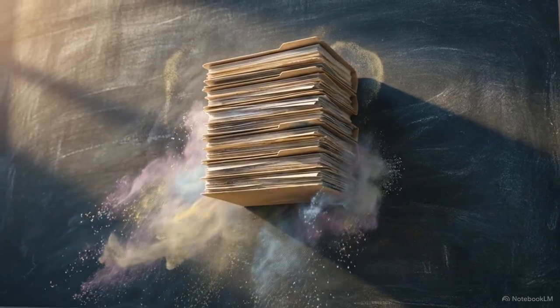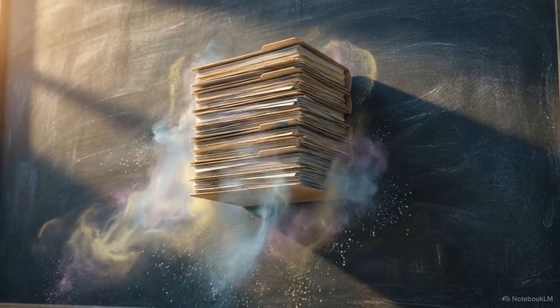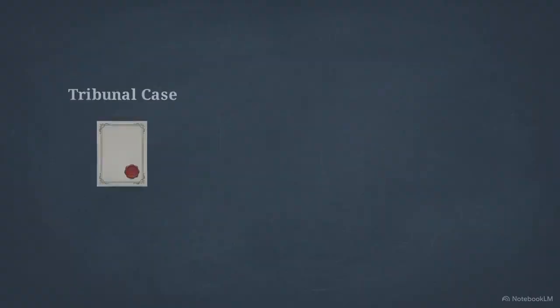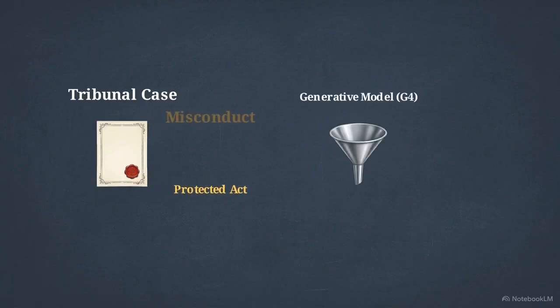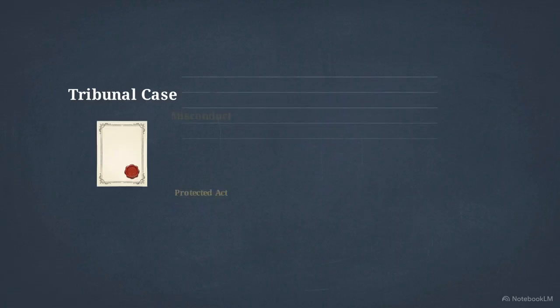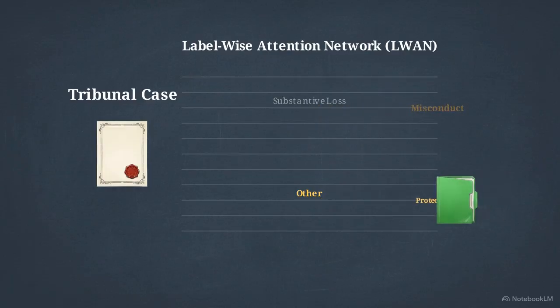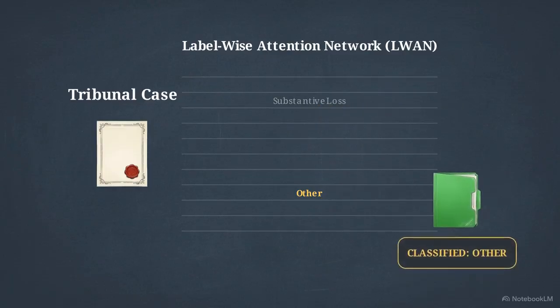We can ground these abstract metrics by looking at a real-world rescue case, a dispute involving a dismissal, an alleged protected act, and safeguarding concerns. The generative model read this case, wrongly identified standard misconduct cues in the text, and collapsed the entire nuanced dispute into a simplistic prediction that the claimant loses. The hybrid model, utilizing its parallel L1 pathways and auxiliary taxonomy, preserved the atypical procedural boundaries. It correctly classified the outcome as an other category, maintaining the minority class pathway despite strong surface-level text cues.